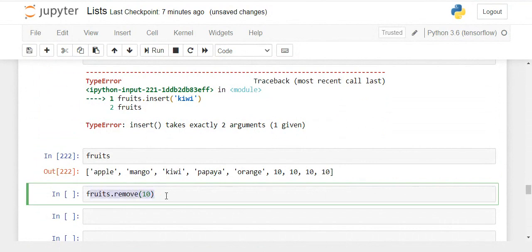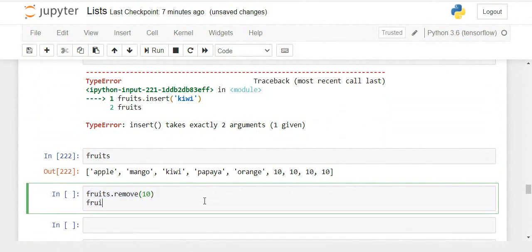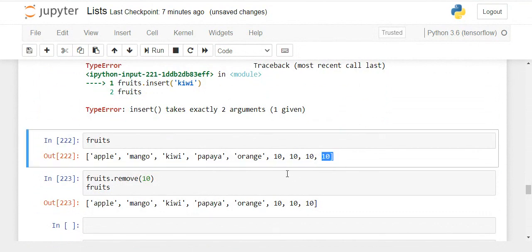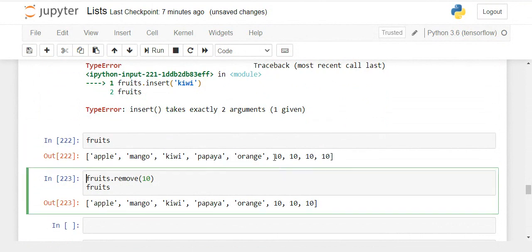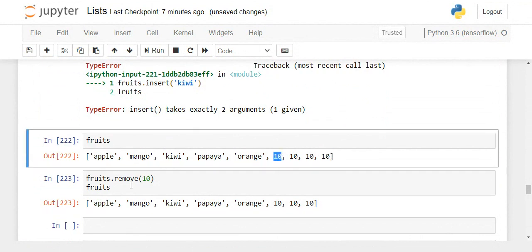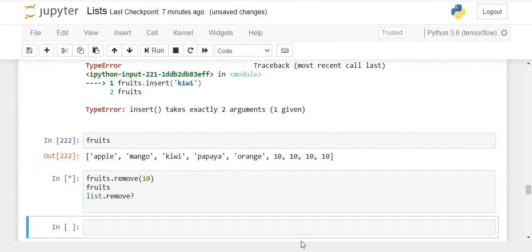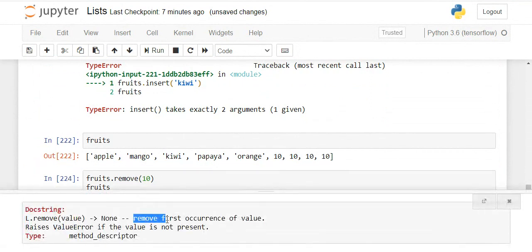It does not require the syntax, it requires only the name. So it has removed pen, but which one has it removed? This one or that one? Only one occurrence of 10 it is going to remove, the first occurrence of 10. So this 10 has been removed from the list. If you see the definition also, list.remove removes the first occurrence of value.